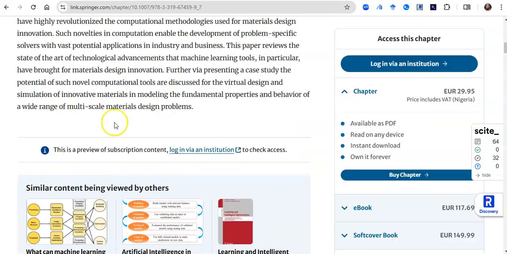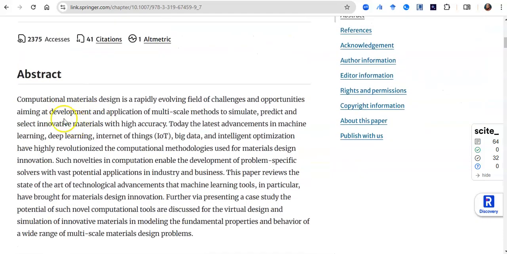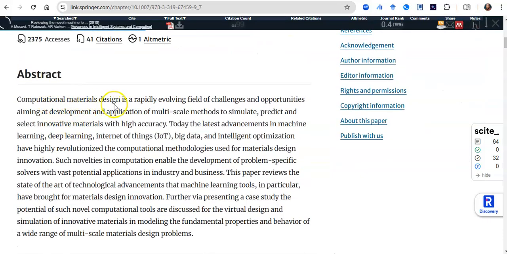And so in this paper, the abstract says that computational material design is rapidly evolving and all of that. Is this deep learning? Is this machine learning? And so machine learning is a thing in material science, and what they are doing with it is material prediction, and that makes your research interest. That is how you find